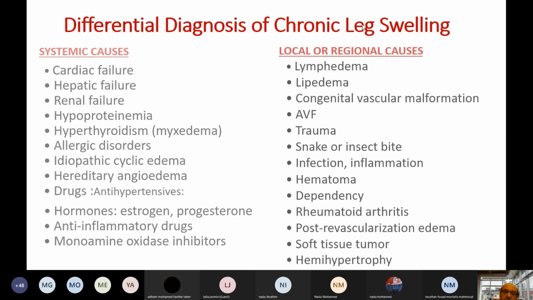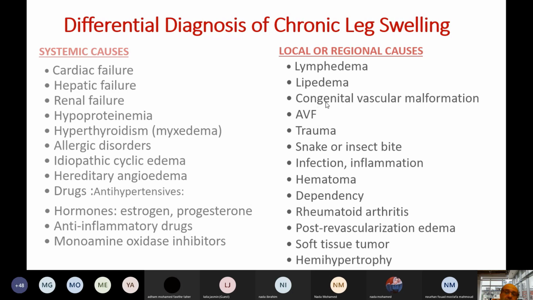On the other hand, we may have localized edema. The localized edema most probably is due to a vascular cause. This may be lymphedema that we have said before. This could be due to an arteriovenous fistula that increases pressure on the capillary side, or due to chronic venous insufficiency